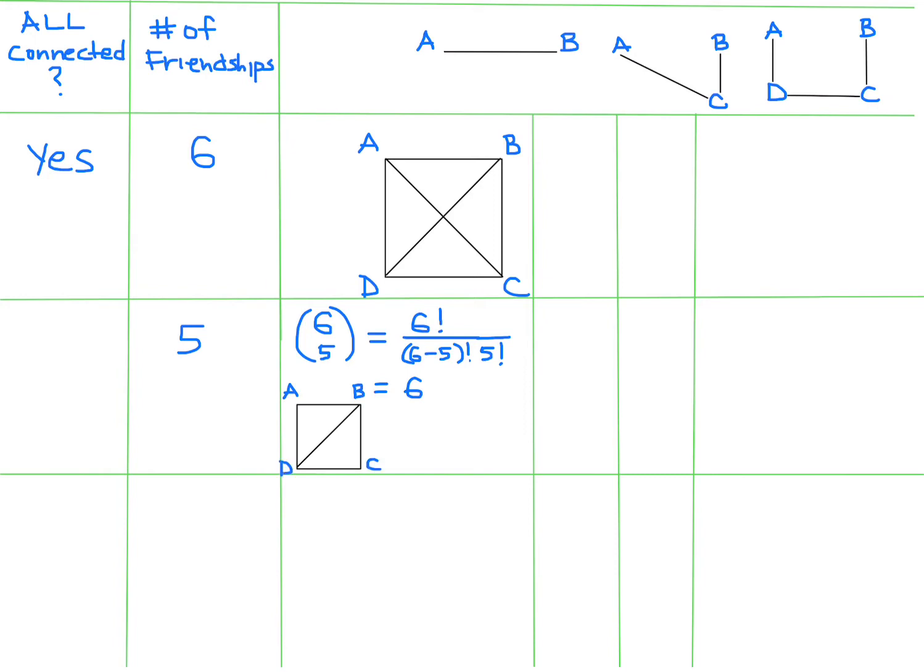If they're connected, they will be joined in some way. You'll be able to get from one friend to the other friend somehow. For example, in the first one, because A and B are joined directly, you can get from A to B on that line. But in the second one, A and B are not joined, but you can get from A to B through C. In the third one, A and B are not joined, but you can get from A to B through D